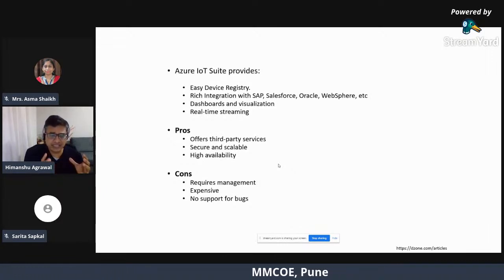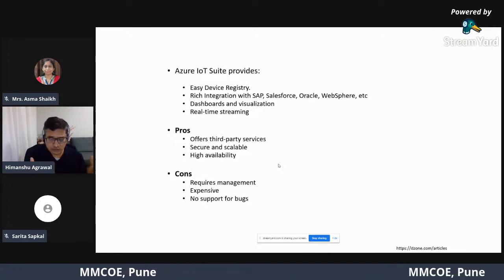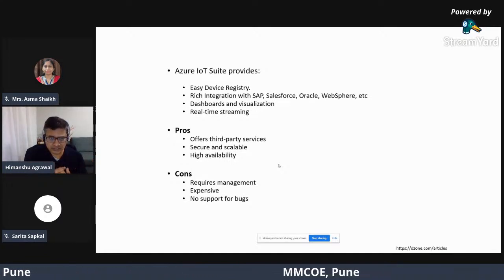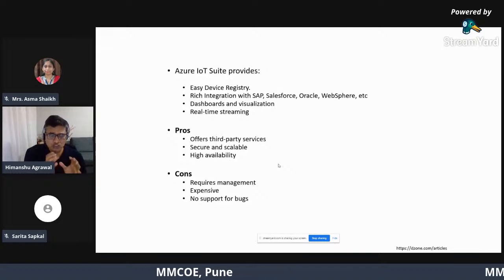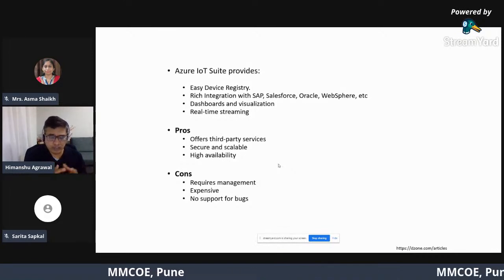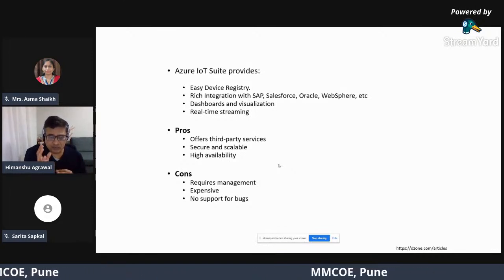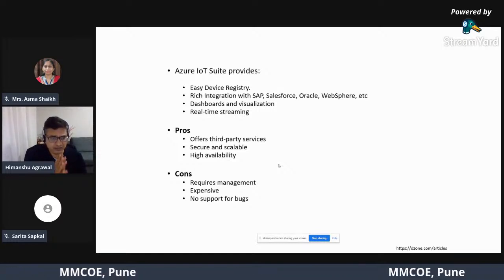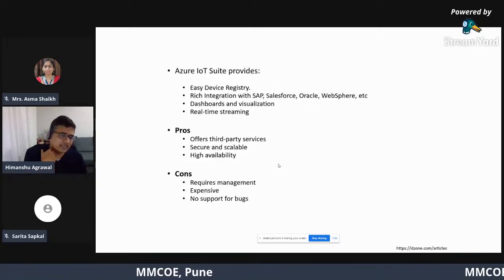Real-time streaming is very important in IIoT applications, or industrial IoT applications. I think you already have some sessions on industrial IoT. So if you are looking for a cloud platform, Azure IoT platform could be quite suitable if somebody is working on an industrial IoT application. It's quite secure, scalable, with high availability.